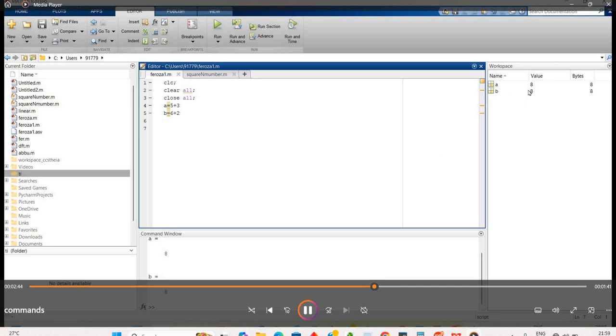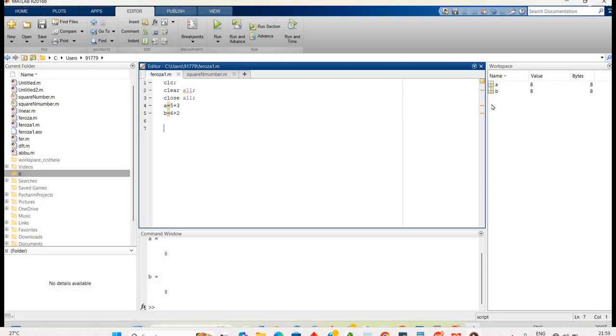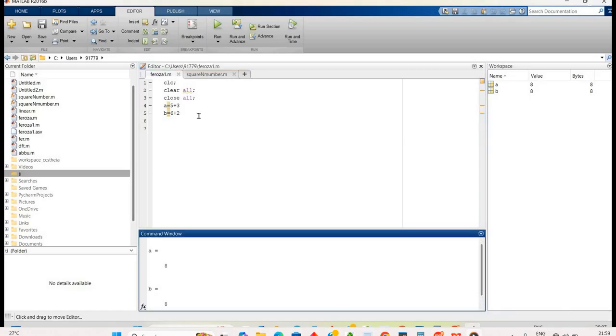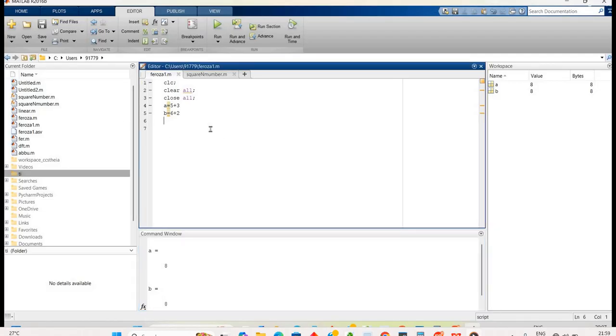If you run this, you can see the variables of the present program are present in the workspace, whereas the previous variables have disappeared. And also in the command window, you are getting the output for only the current program, not for the previous one.